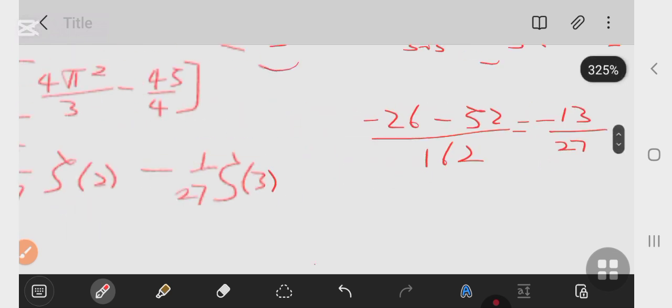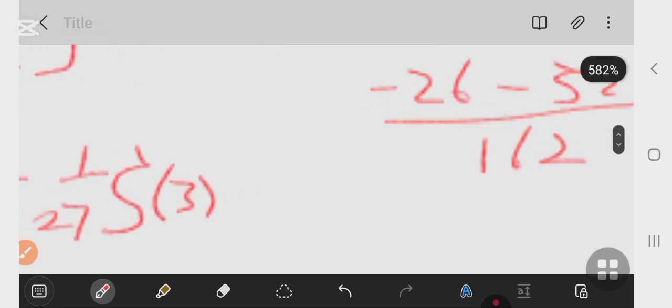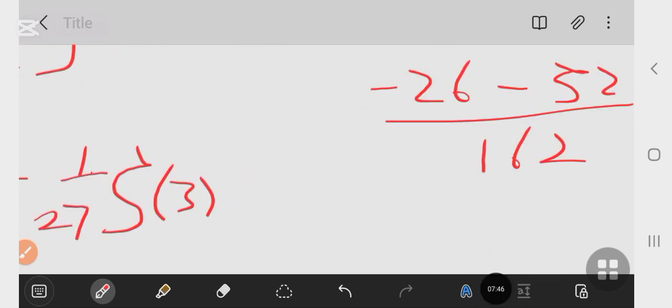So let me apply it here. This minus 13 over 27 zeta 3